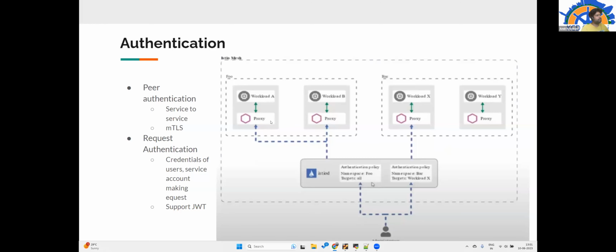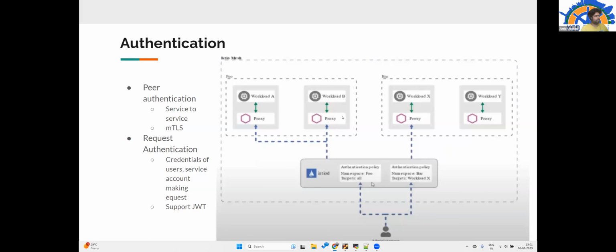The client checks whether the certificate is valid, because all of those certificates are signed by the same root certificate. So it is very easy: you can use the root certificate's public key to verify it, and if it verifies, then it is signed. This is the basic mutual TLS flow, where the client uses the root certificate public key to check whether the server certificate is signed by the root certificate or not. If it is, then the client is okay.